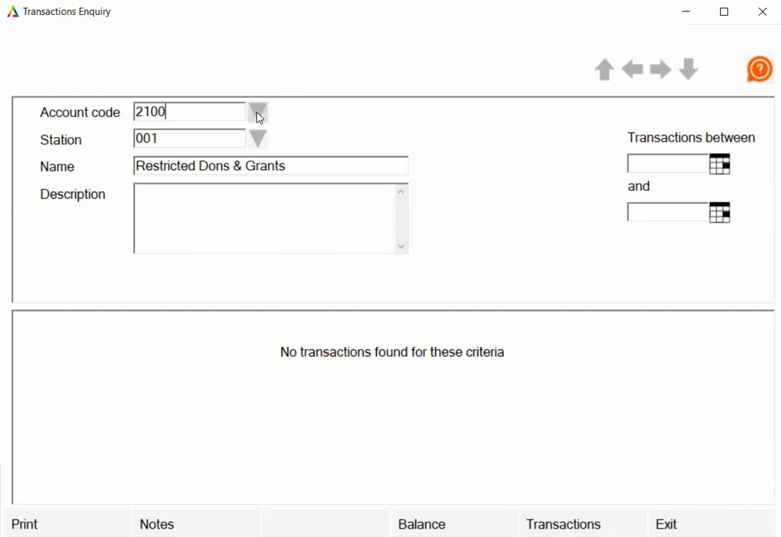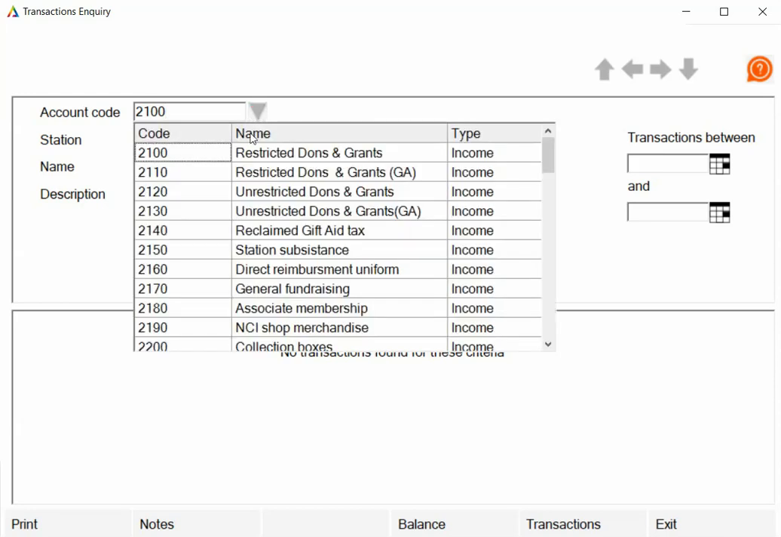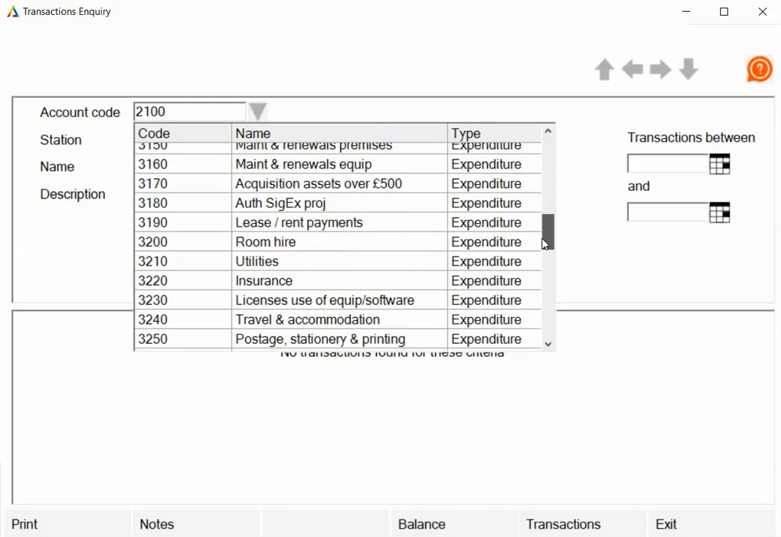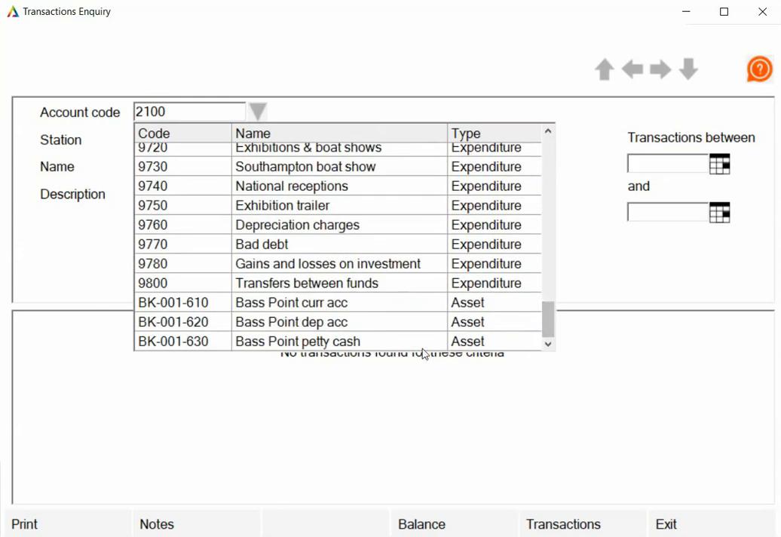You can just click the down arrow at the top here, and it will give you a list of all the account codes. So you just scroll through and find the account code that you're interested in, and your bank accounts will all be at the bottom. Again, you will only see the bank accounts related to your station, so you can just click on the one that you're interested in,